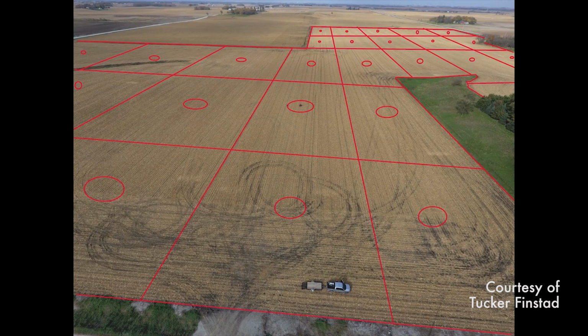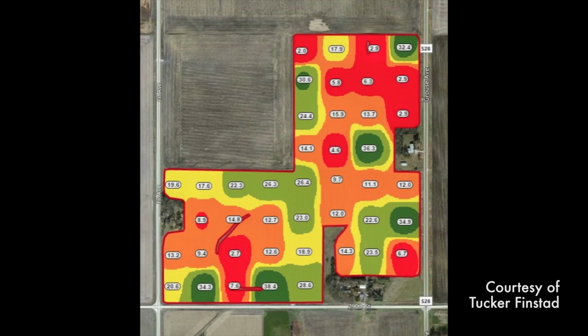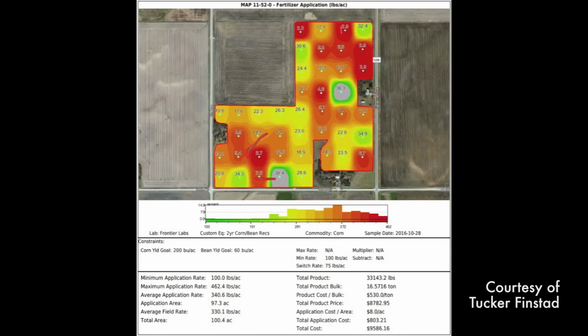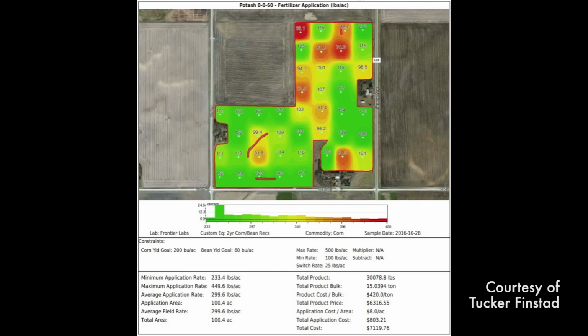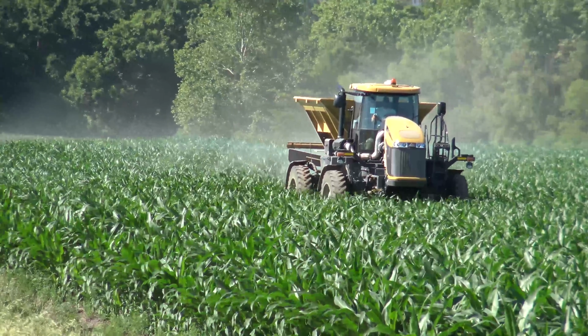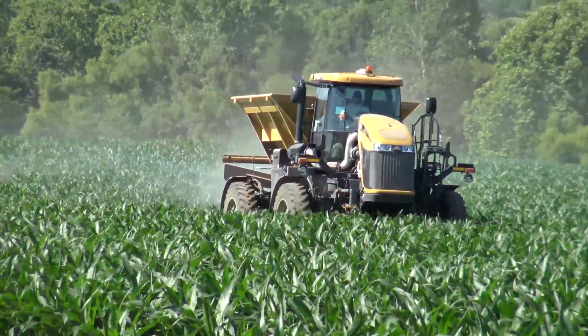ability, grid sampling is a great way to identify areas where you might need less inputs and you might need more inputs. A grid sample spacing of 330 feet, a sample for every 2.5 acres, is common. But if yields have extreme variability, grid sample spacing should be reduced. Otherwise, maps will poorly represent nutrient variation within the field. If this happens, variable rate fertilizer applications can actually cause greater variability,